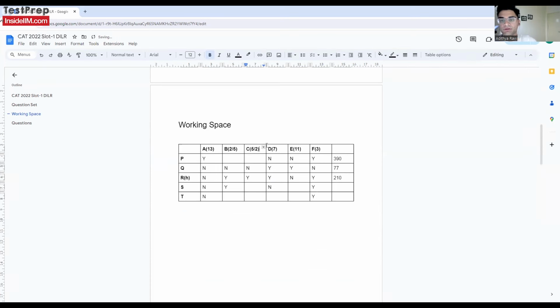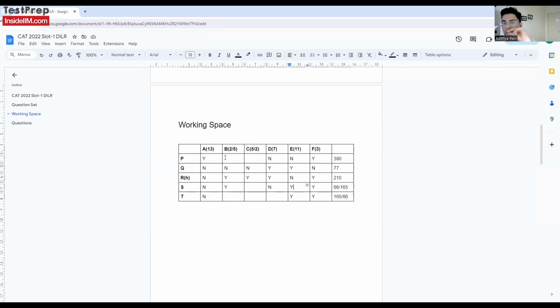All right. But we do know that since both 66 and 165 have 11, both of them have to have received funding from E. So I'll mark these two also as Y's. Done. Now, one thing we could do over here is we could probably take out 2 cases and we could